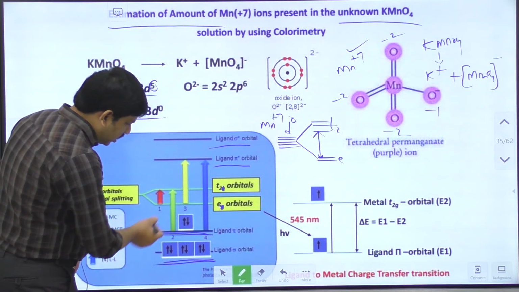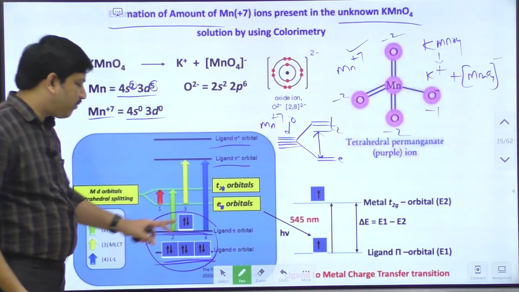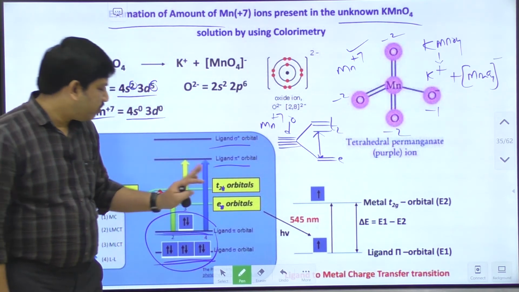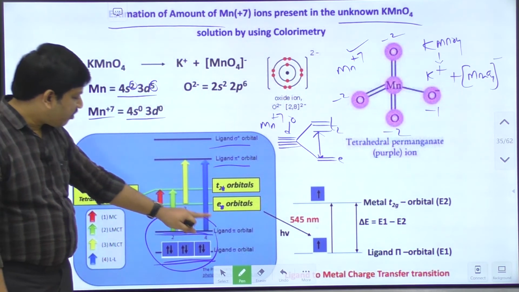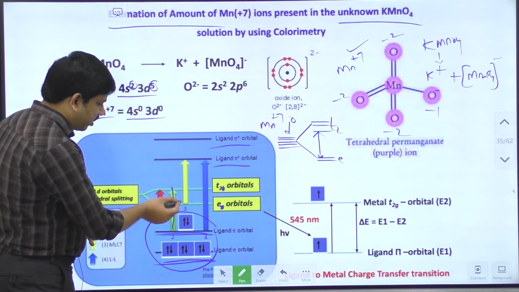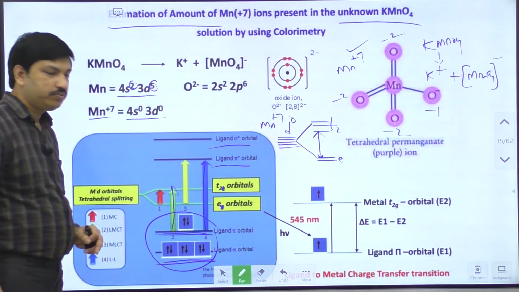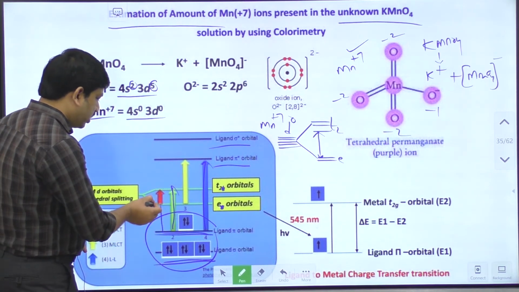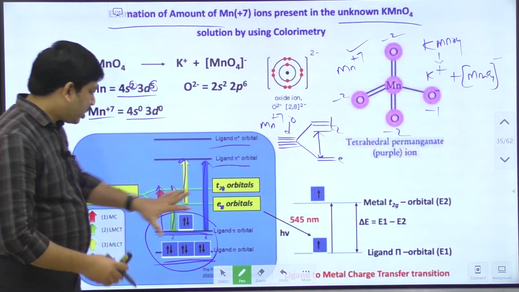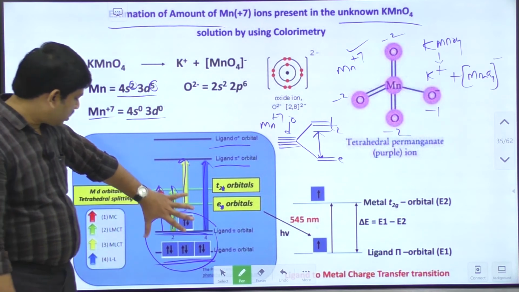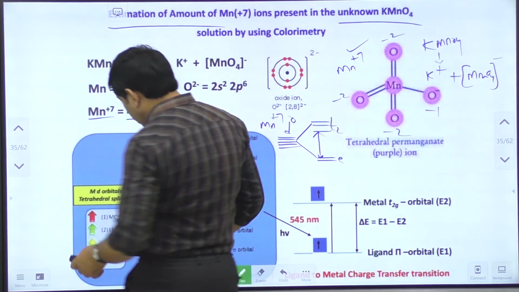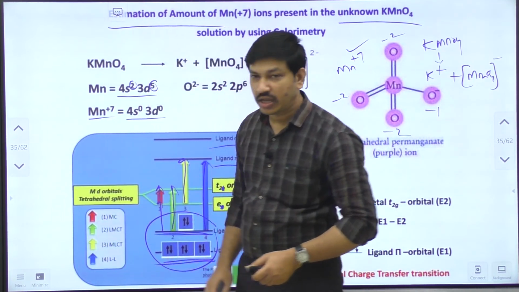But if you see these ligand orbitals, they have four different pairs of electrons like this, even though the E orbitals and T2 orbitals don't have any electrons, the corresponding ligands have some number of electrons. So excitations are possible in this manner, like this or like this, from here to here, or from here to here. So some transitions are possible. That indicates that in the case of a tetrahedral complex like potassium permanganate, we have four different types of transitions.